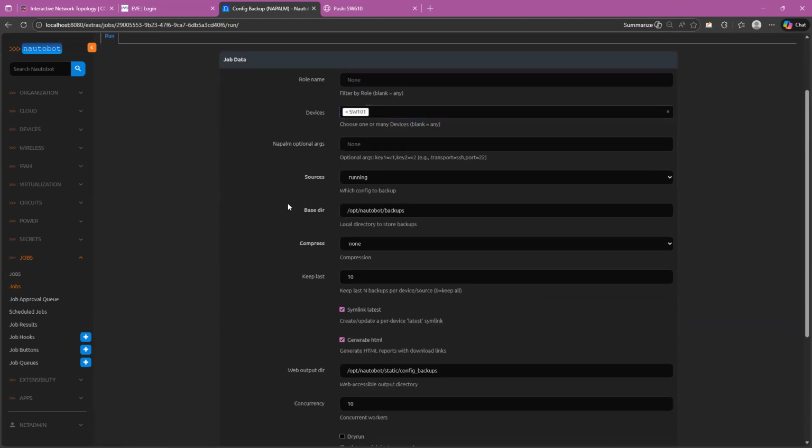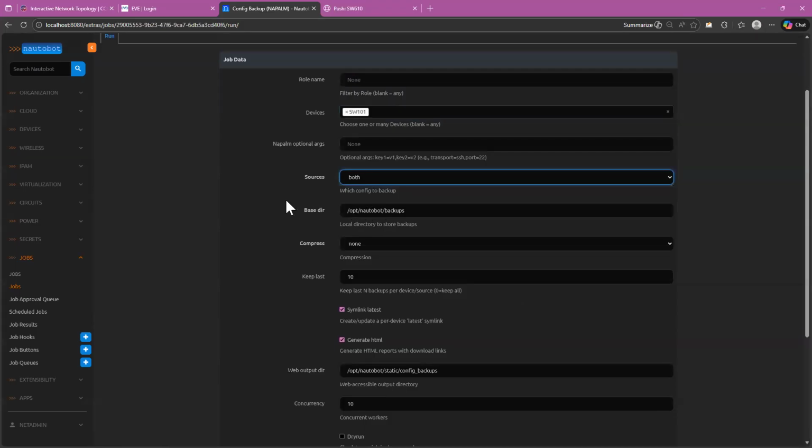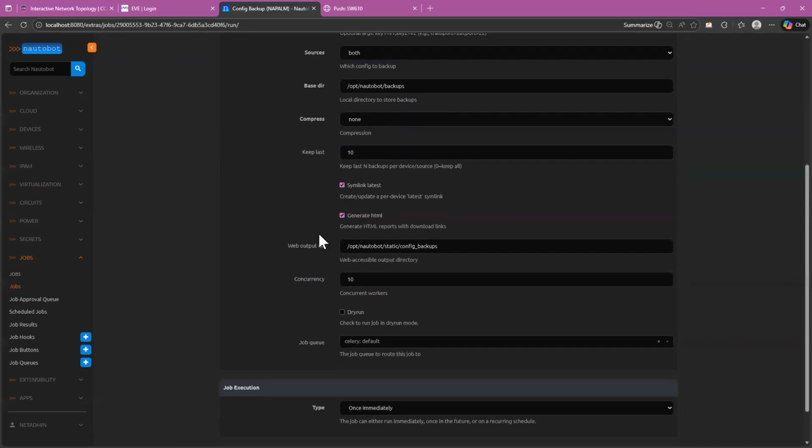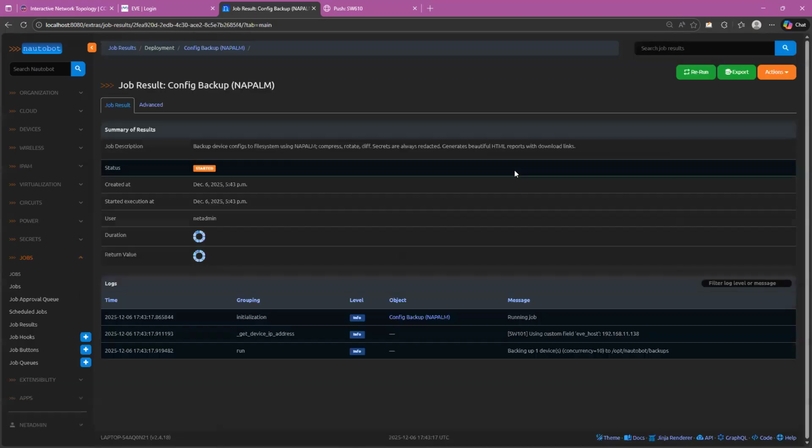I want to take backup running, startup both. This location backup will get saved. And then I can go and check the report as well. So if I go and run this, I want to take backup for switch 101. This is running.